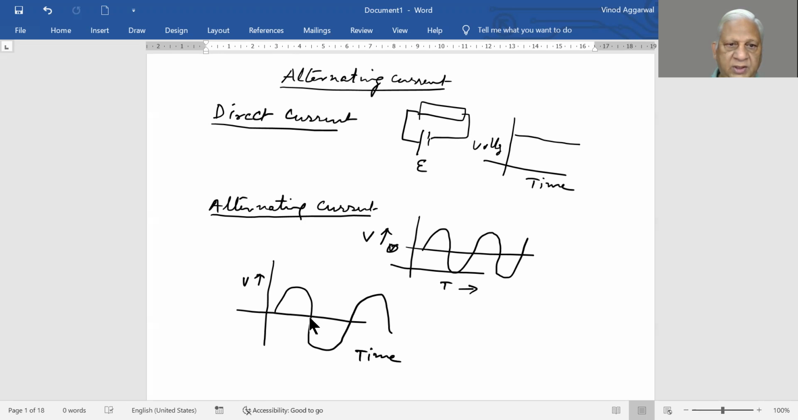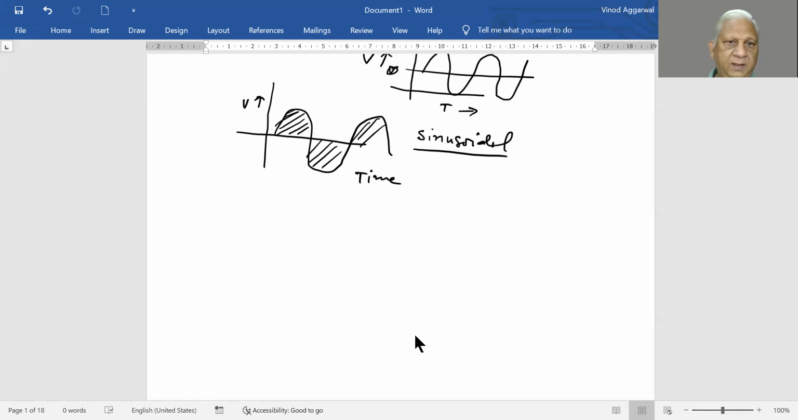So you see here, the voltage is not constant. It is sinusoidal, like a sine wave. This is the positive cycle, followed by the negative cycle, again positive cycle, and so on and so forth. So the value is not constant, but it has certain characteristics like any sinusoidal wave,